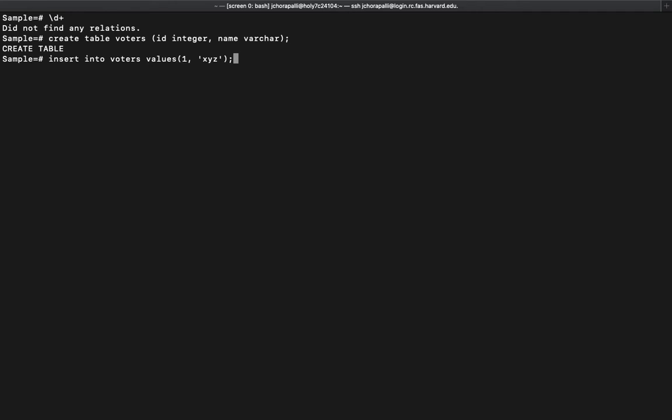Let us run this query, and we can see that one record has been inserted into the table. Let us check all the records that are there in the voters table. You can see our voters table with one record, as we have created that right now.